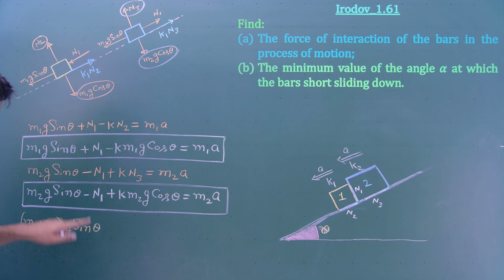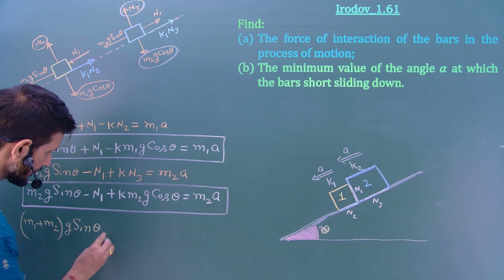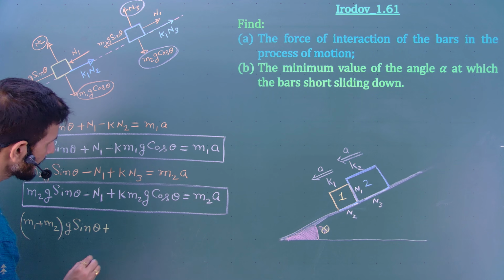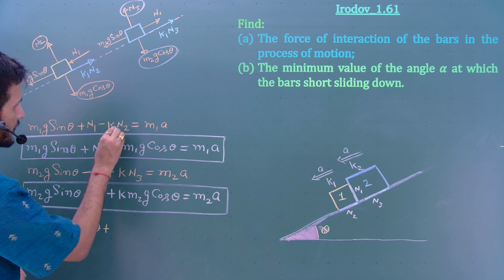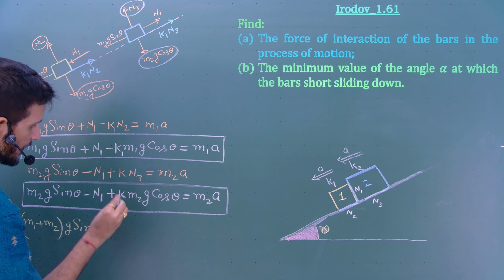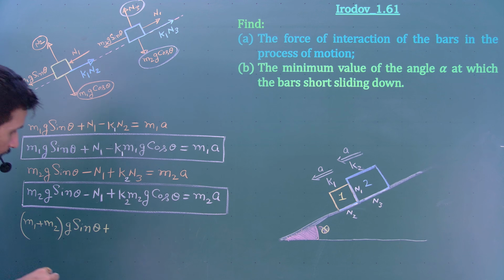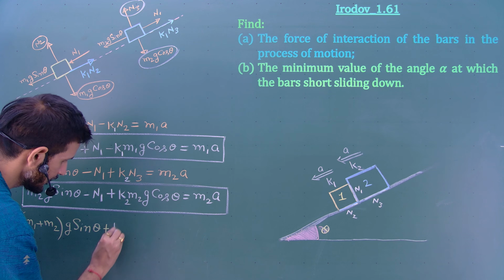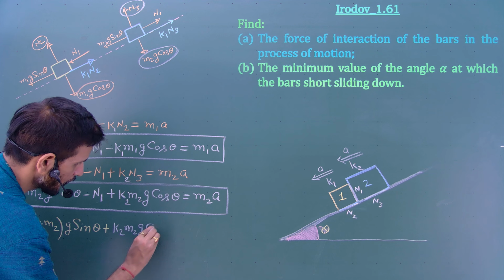Sin theta, this plus n1 minus n1 will cancel out. Okay, the coefficients are different, so this is wrong. This is k1 and this is k2. So not plus, k2 m2 g cos theta